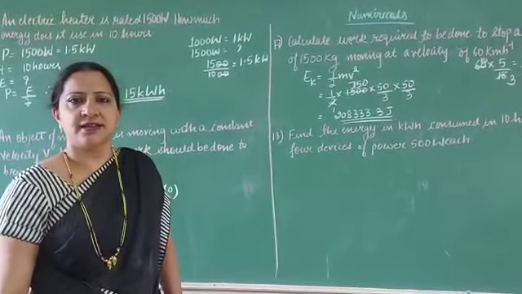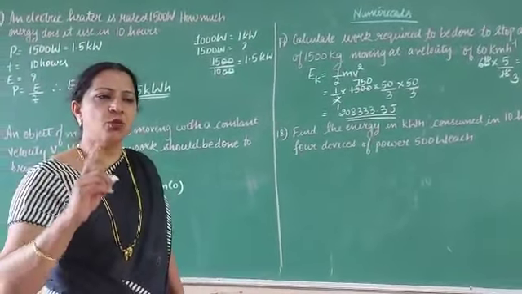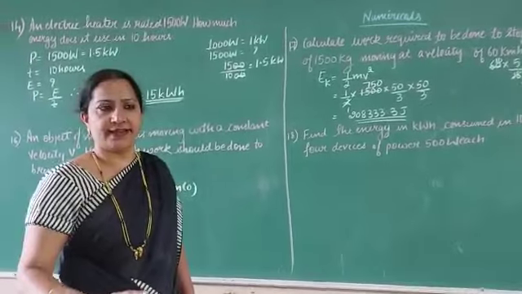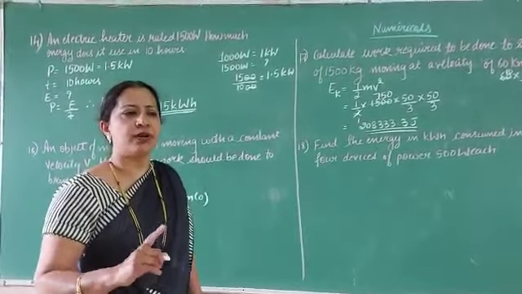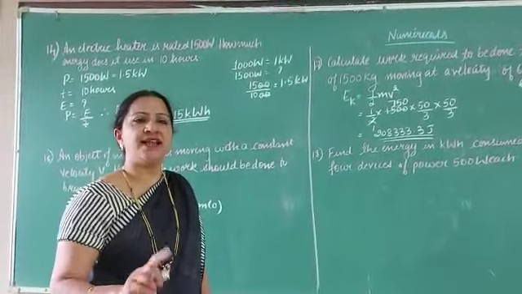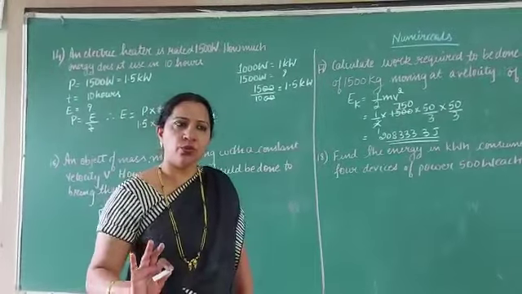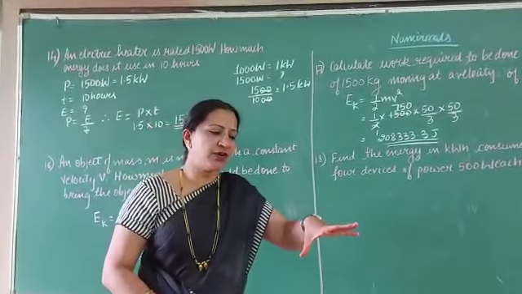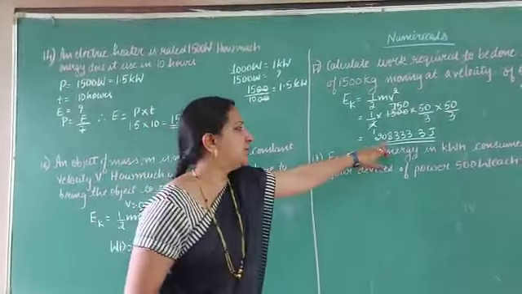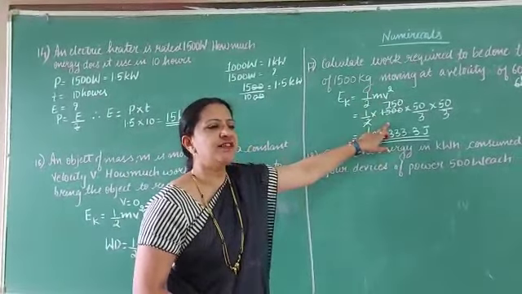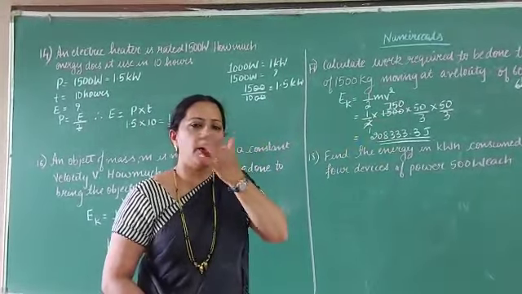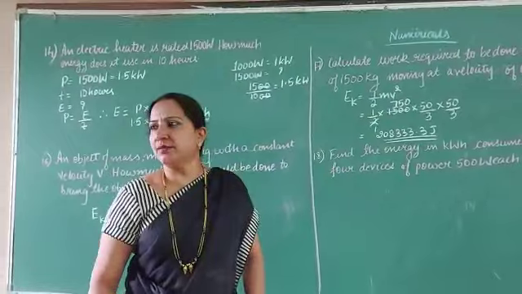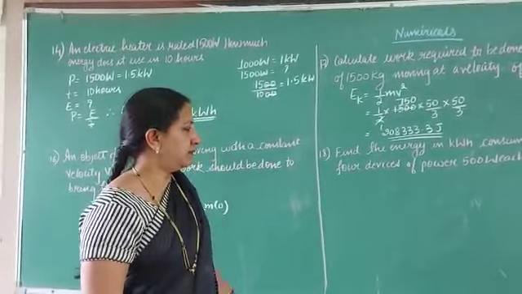So this much of energy is to be done or required so that the moving car will come to rest. See, an object is moving already with one velocity. It has to come to rest. That means final kinetic energy will be equal to 0. So how much amount of work has to be done on that? It will be equal to the kinetic energy that it is moving with here.